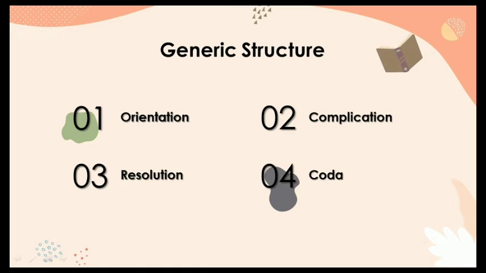And the next is generic structure of narrative text. There are 3 of generic structures. For the first is orientation. It contains the opening of the story about the introduction of characters or introduction to the background, time, and place of the story. Anyway, this section contains a general part of the story that includes what, when, who, and where the story is told. And the second is complication.